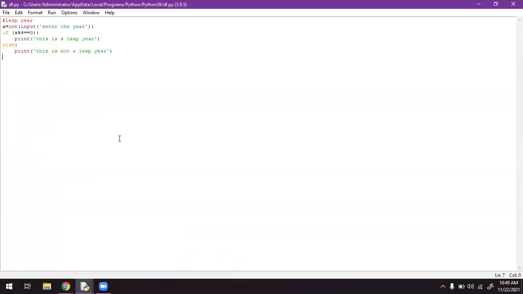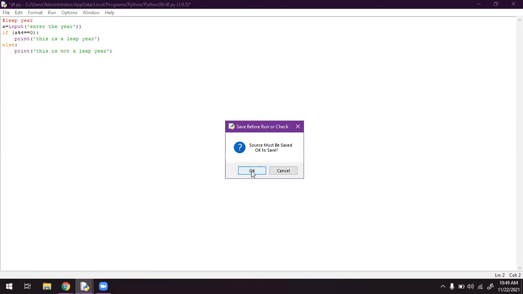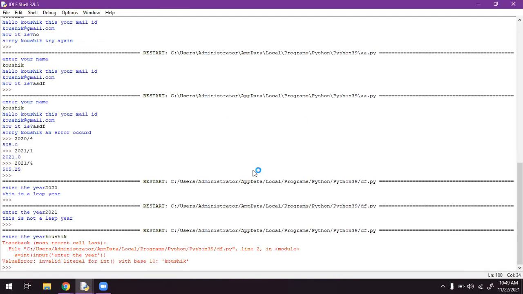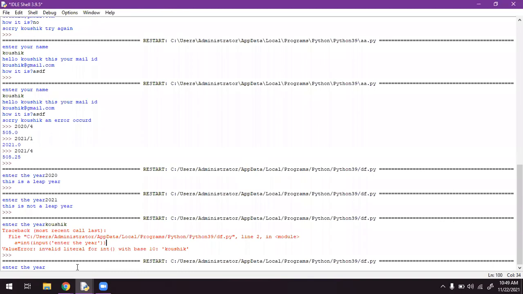Okay, so like this we can get the message. If instead of integer, I write it like this and only take input, let me see what we will get so that you can understand. It is saying unmatched, so we will add the bracket. Okay, it is 2020.